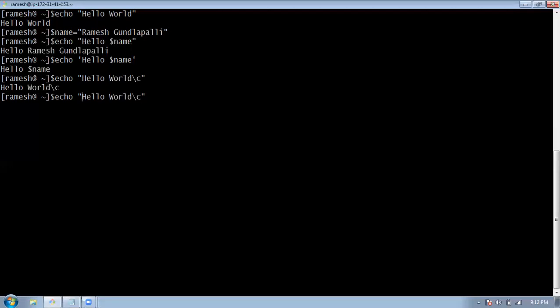When you are using \c, you have to use -e. When you use -e and then \c, the message will be printed, and in the same line you can see the prompt as well. It will not go to the new line. That means if you want to use one more statement, you can use it.